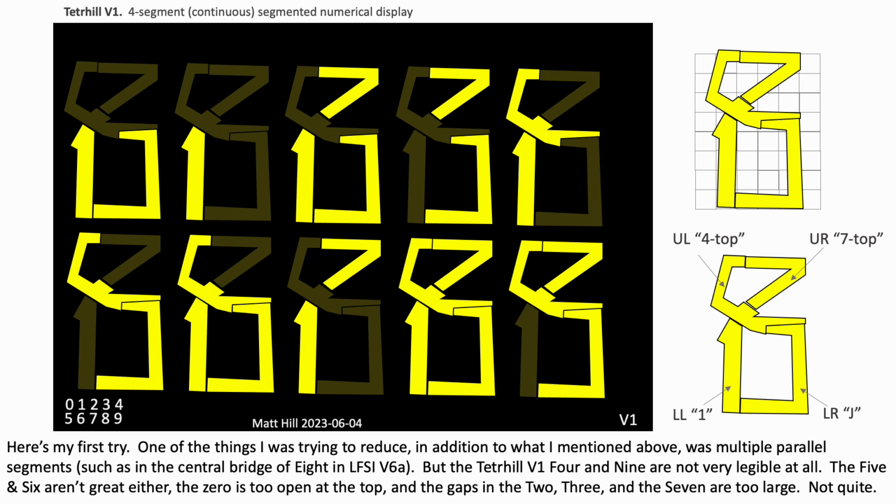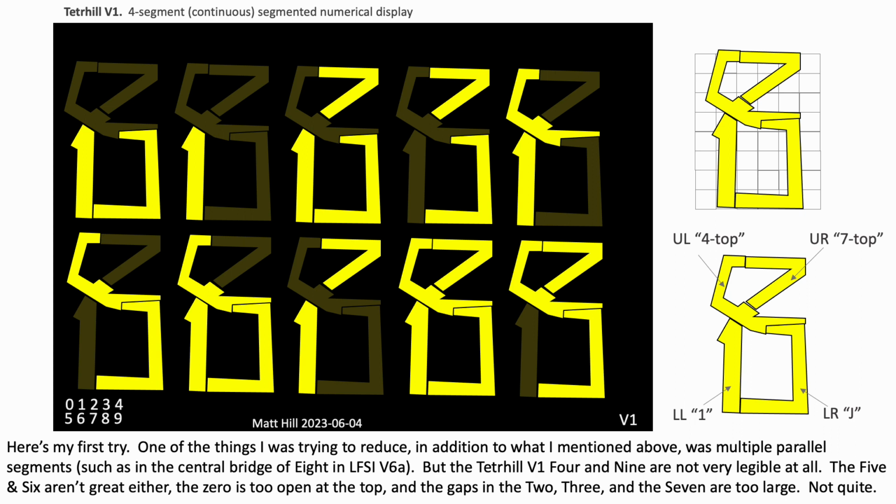So this is my version 1, where the main difference between this and the previous was that I shifted the top portion over to the left. I made the cross for the 4 over to be on the left, and I tried to remove some of the multiple parallel segments where there are sort of two segments that align with one another. You still see that I have one of those in the middle, in the sort of crossbar for the 8. I largely removed that, I believe, towards the end, but it's still there here.